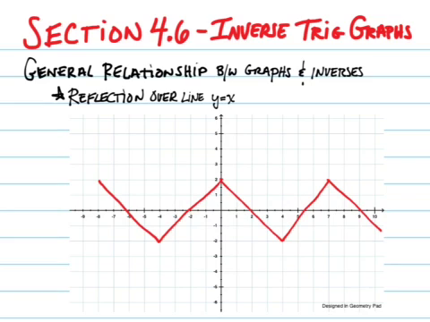So if I think about it, I'm going to switch all the ordered pairs. All right? The highest y value I get is a 2. The lowest y value I get is a negative 2. So when I flip that, instead of y being bounded by 2 and negative 2, what's going to be bounded by 2 and negative 2? X. Right? So x is going to fall within that range. Same thing if we did this with sine and cosine. If I have a curve that's like this, when I turn it, it's going to flip up that way. So when I reflect it over the line y equals x,